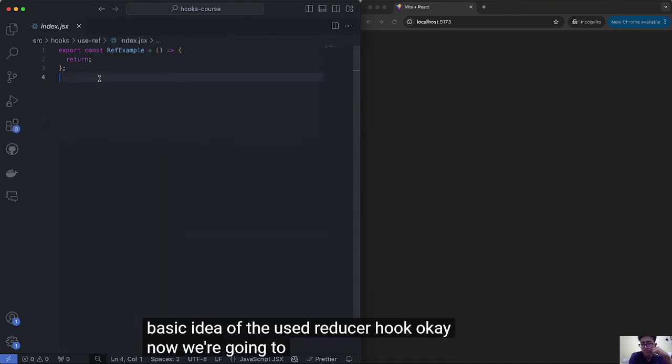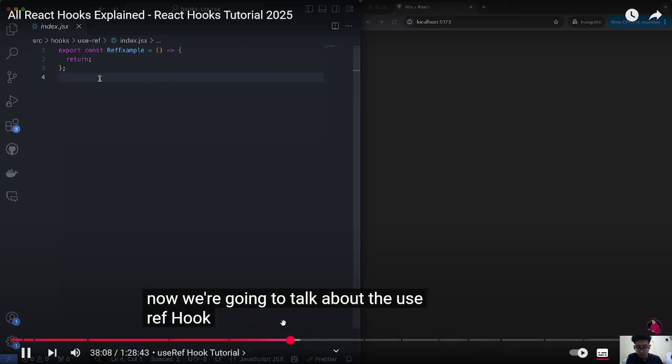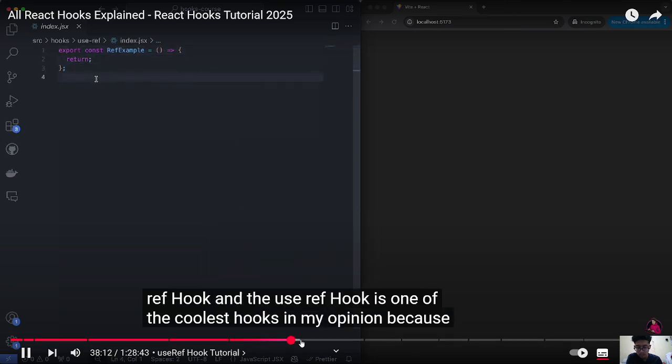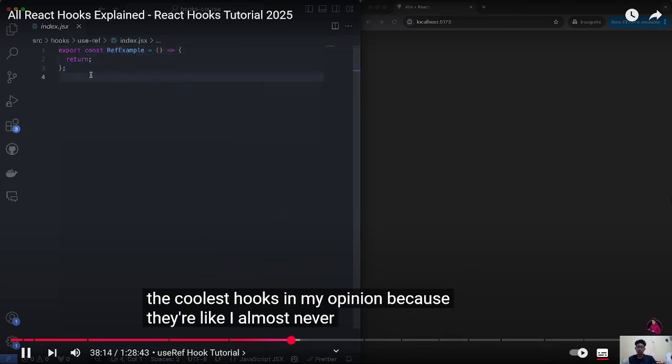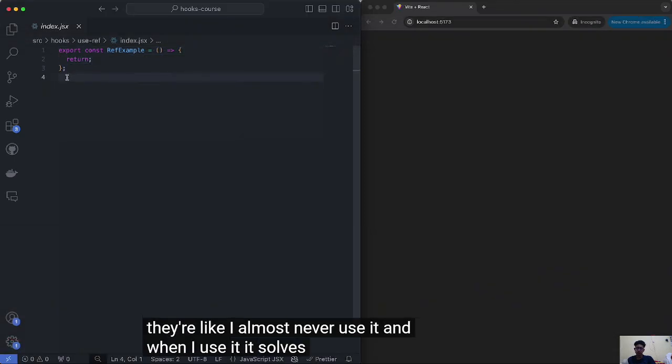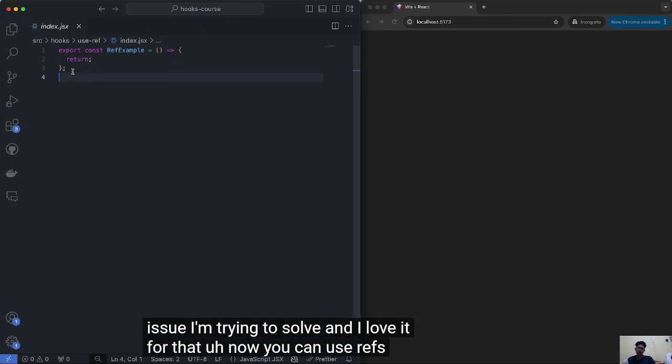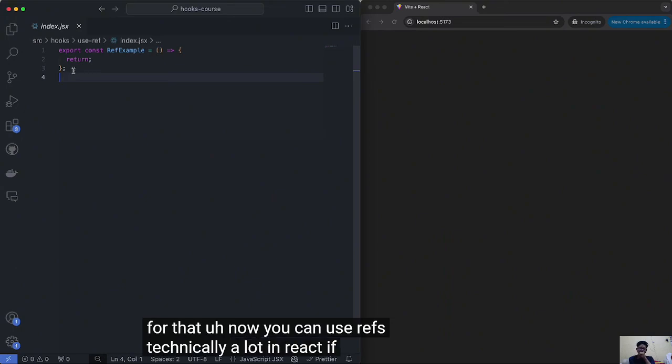Okay, now we're going to talk about the useRef hook. And the useRef hook is one of the coolest hooks in my opinion because I almost never use it, and when I use it, it solves exactly the issue I'm trying to solve, and I love it for that. Now you can use refs technically a lot in React if you personally want to, but its main